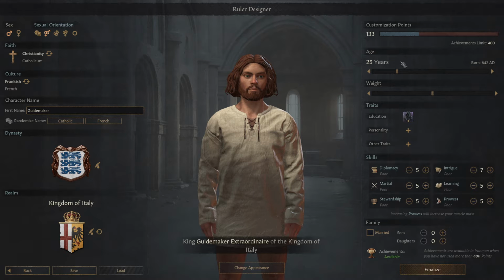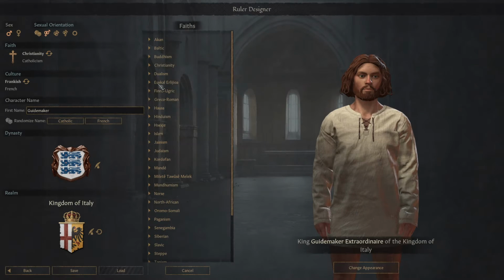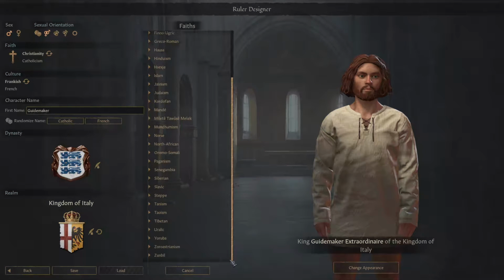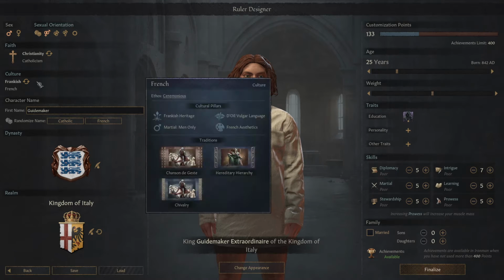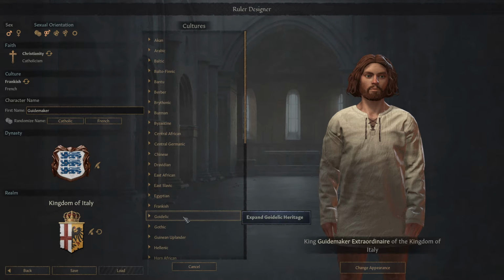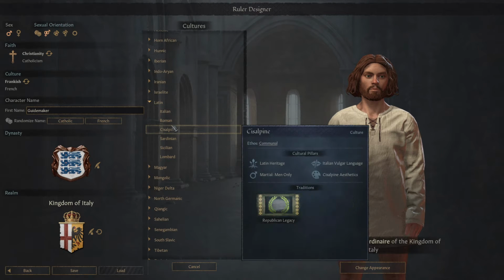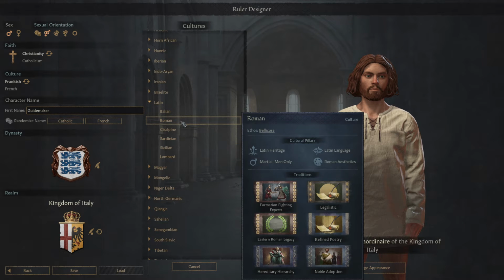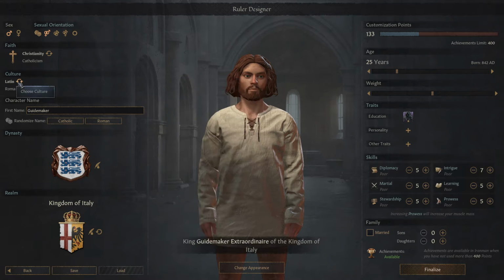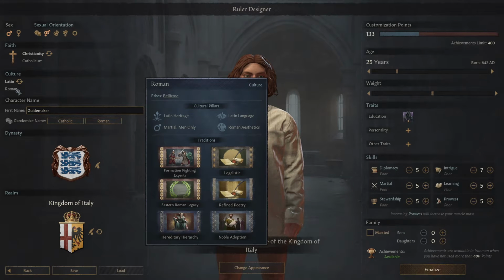As for making the character proper instead of just the things above it, you can always randomize the names based on the culture and the faith that you have picked. You can choose between pretty much any faith and culture in the game, including ones that really don't even exist. So let's say I want to be Catholic, but I want to be Roman. Then I'd pick Latin here, and you'd see all the Latin cultures. In the Latin culture group, I can pick Roman, which is an interesting one to pick at a start.